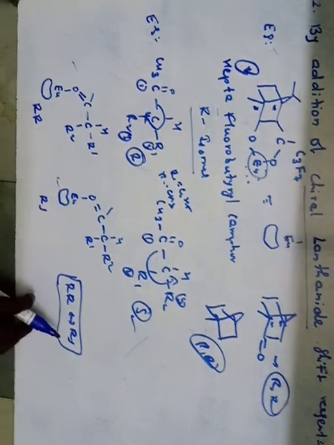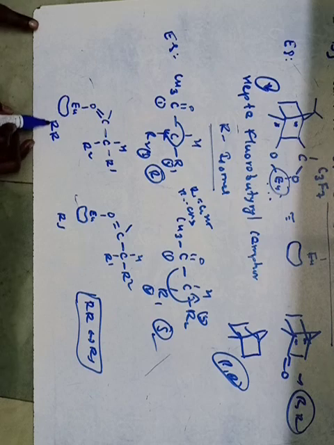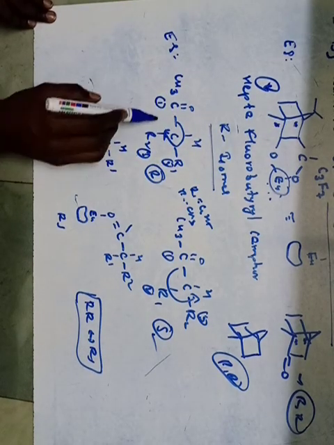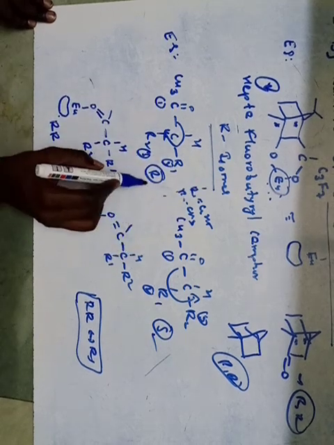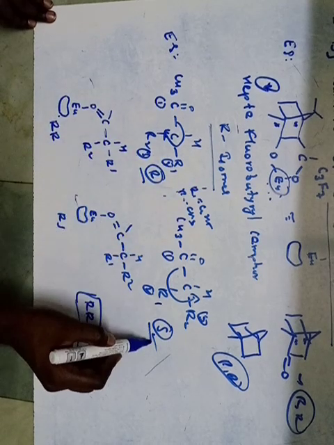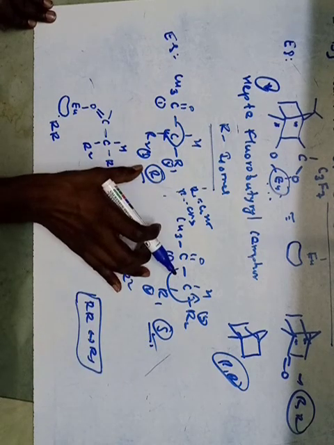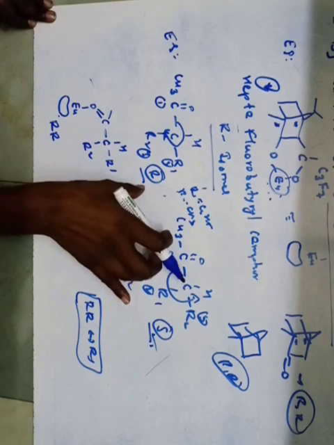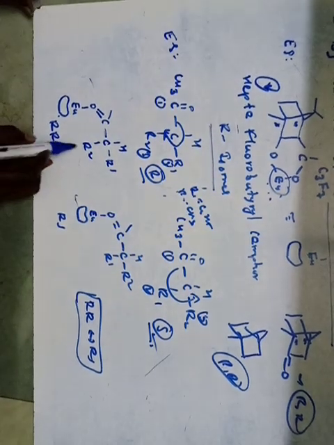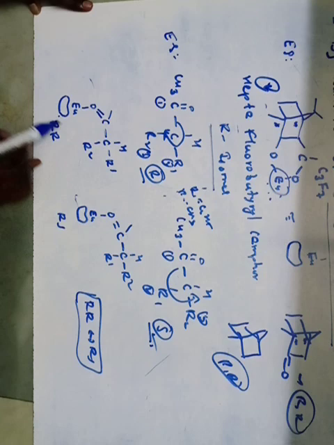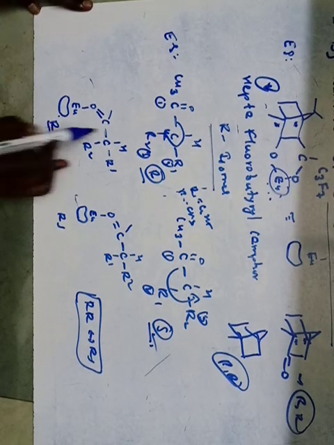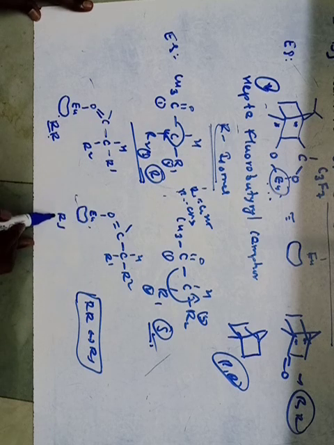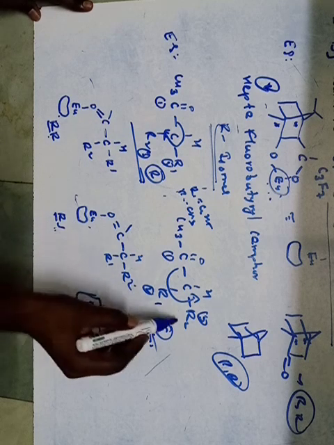Right? Now what we are doing, we are adding the chiral reagents to this. These are the enantiomers, because this gets R configuration and that gets S configuration. So these two are enantiomers. In order to differentiate these enantiomers, we have to add chiral reagents. This is the chiral reagent. I will write like this: this is the R configuration of the chiral reagent, and this is the R configuration of this isomer, and this is the R configuration of the reagent, and this is the S configuration of this one.